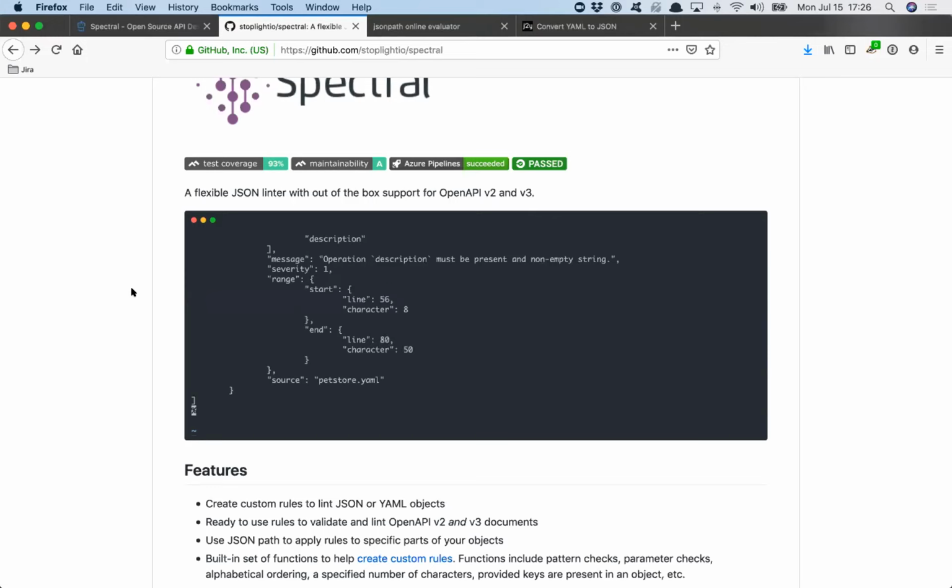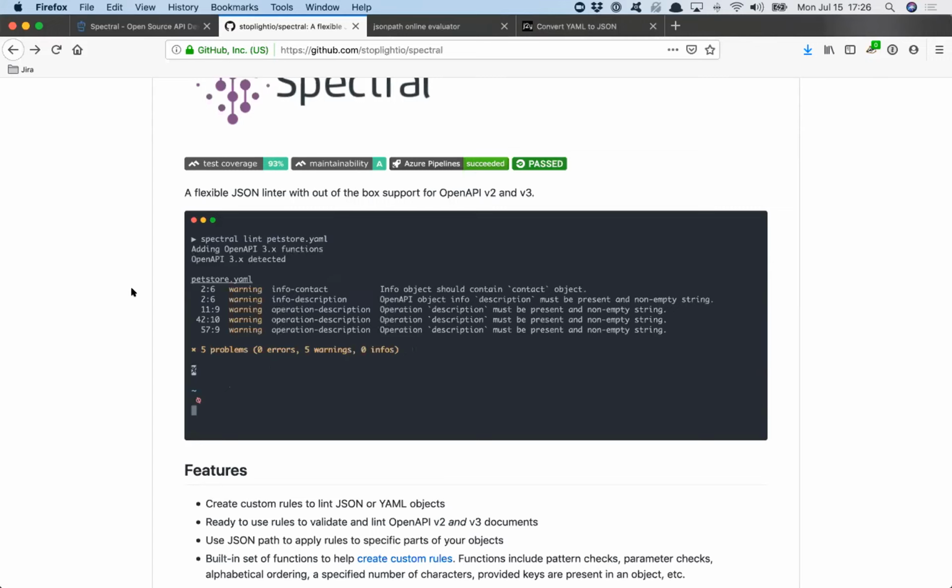But yeah, when I worked at a company that had 50 to 60 APIs, trying to run around to every single developer and be like, oh, by the way, you should add a description here. Oh, by the way, you shouldn't put a slash there. Oh, by the way, this should be camel case and not lowercase or whatever. It's all incredibly time consuming. So this just automates that and means you don't have to do that yourself.